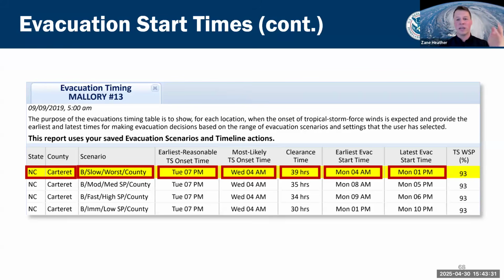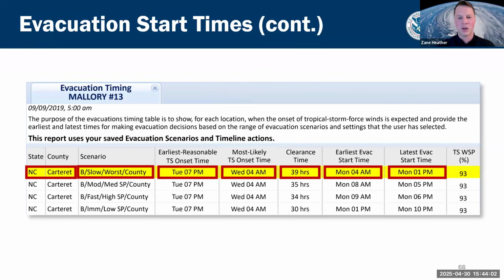If you're using your latest evacuation start time, so that's based off of the most likely onset of tropical storm force winds, less risk averse than earliest onset, you can make an informed decision to say 1 p.m. is when HERVAC is saying I need the latest I can start this evacuation. So then I'm going to make my evacuation call the night before to start at 8 a.m. to build in that buffer and to make sure my evacuating populace has as much information and time needed to make an informed decision. Again, this is all already within HERVAC.